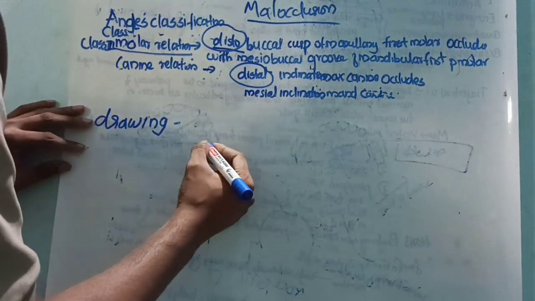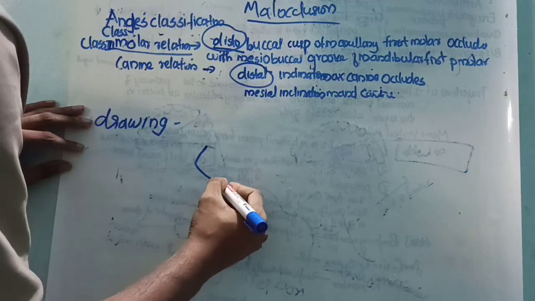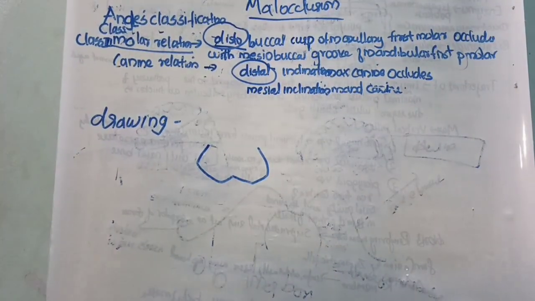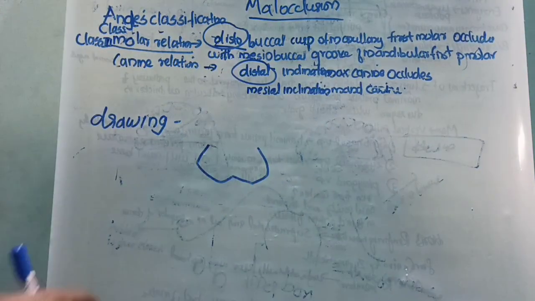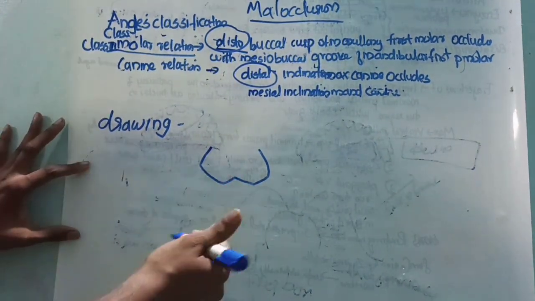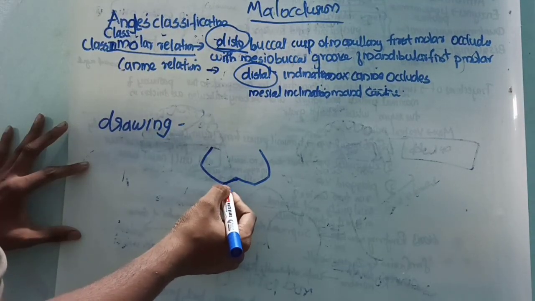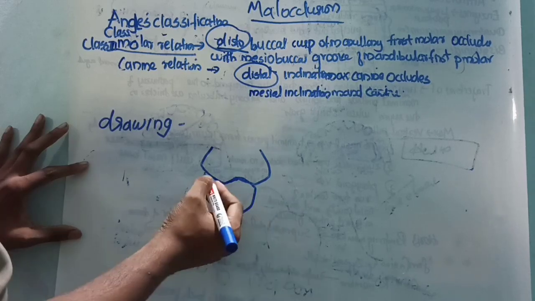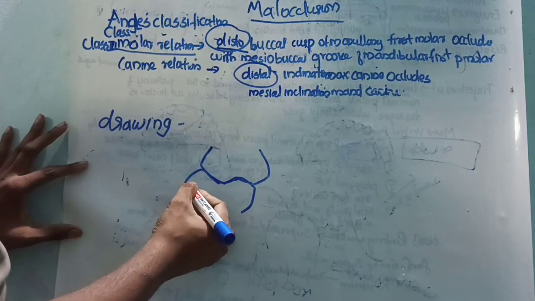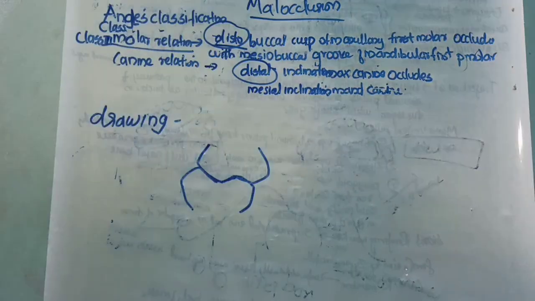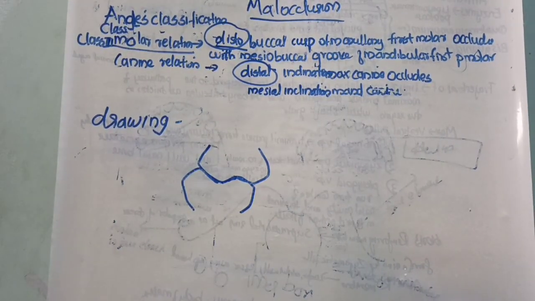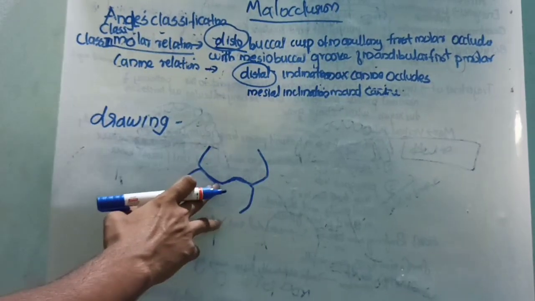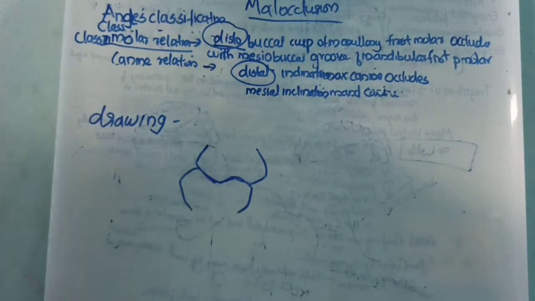First thing we have to draw is the molar, the permanent maxillary first molar, and the distobuccal cusp of this is occluded with the mesiobuccal groove. Next, this cusp needs to be occluded with the mesiobuccal groove of the mandibular first permanent molar. This distobuccal cusp of the maxillary first molar occludes with the mesial groove of the mandibular